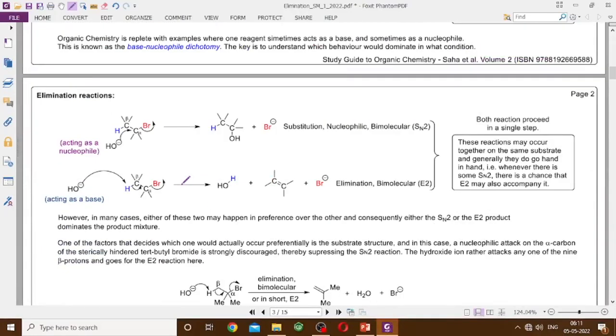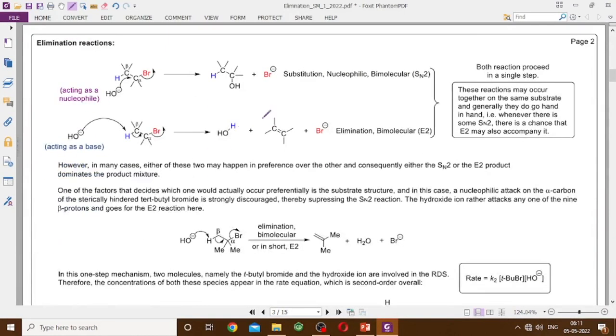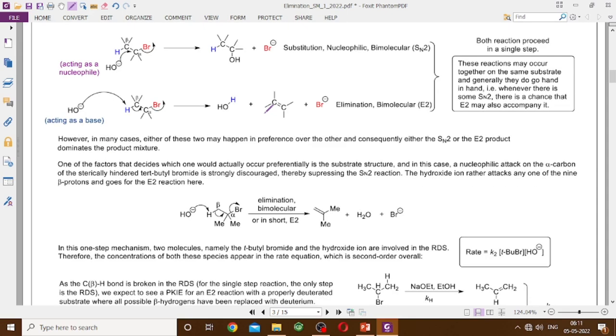তো আমরা একটু আগেই বললাম যে দুটো রিয়াকশন সাইমালটেনিয়াসলি হতে পারে, কিন্তু জেনারেলি একটা আরেকটার থেকে প্রেফার্ড থাকে। তো যে সমস্ত ফ্যাক্টরগুলো ডিসাইড করে যে কোনটা বেশি হবে, তার মধ্যে একটা হচ্ছে সাবস্ট্রেট স্ট্রাকচার। তো নিউক্লিওফিলিক অ্যাটাক করতে হয় আলফা কার্বনের উপরে। If I am to introduce bulky substituents here like alkyl groups and make this alpha carbon tertiary, then this